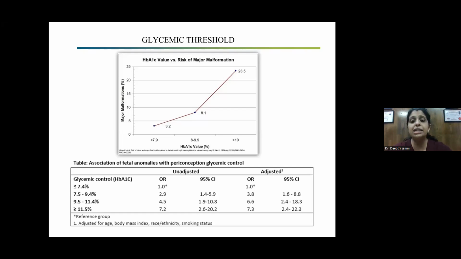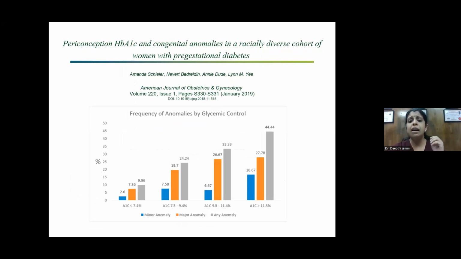But then we can actually see the HbA1c plays a major role in counseling the couple, that too in the early trimester. And if the HbA1c is beyond 9 or 10, it's very important for us to explain to them the chances of either evolving anomalies, postnatal anomalies, or even occult anomalies, which might not even be picked up in an antenatal ultrasound. So yes, to reiterate, a recent review from Jan 2019 makes it very clear